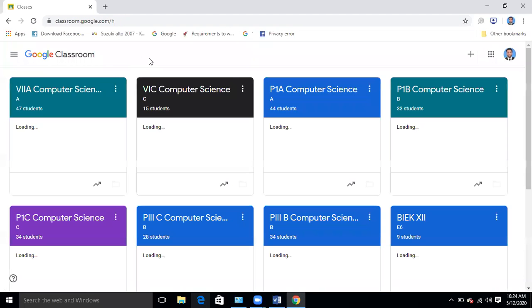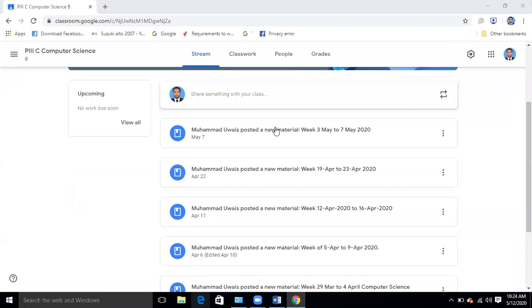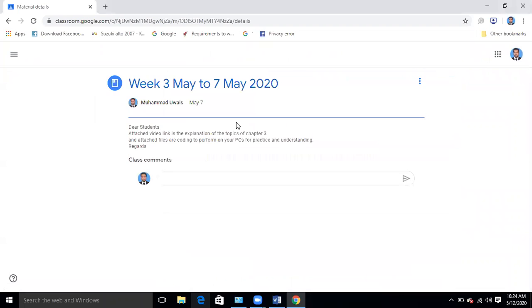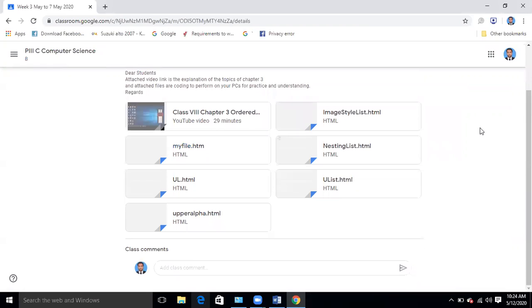Today I will also give you the written work. Okay, I had not given any written work last time, but I had given you these files. Today I am going to give you the written work, class work that you have to do in your copies.